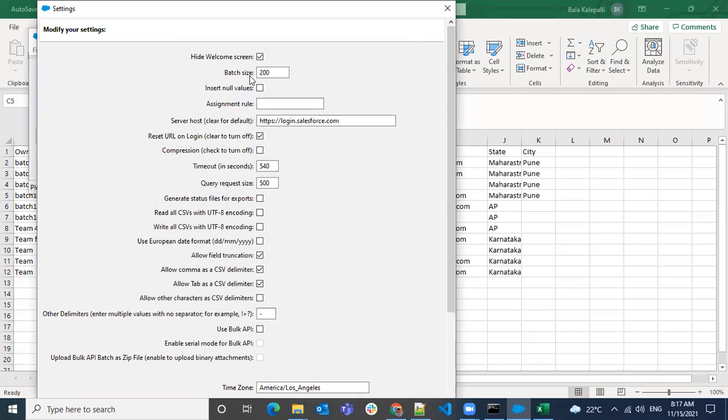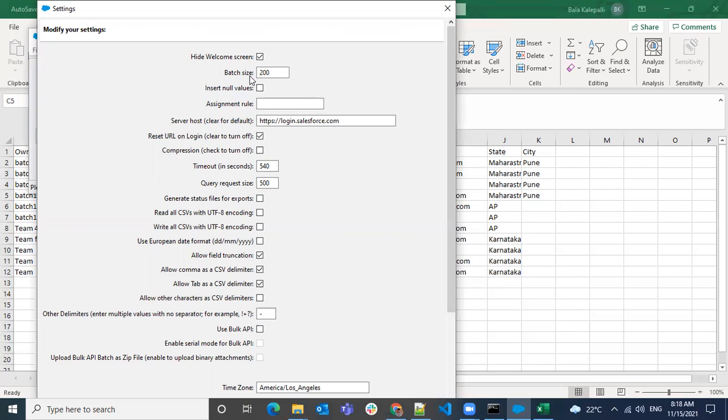Let's say you have more logic on the object that you're going to insert, which is causing you multiple errors. So when you do it with 200 records, it is hitting some limits in Salesforce. Then you have to reduce the size so that it will process fewer records at a time.